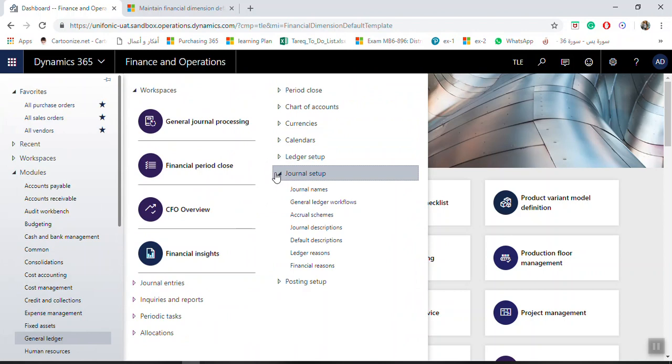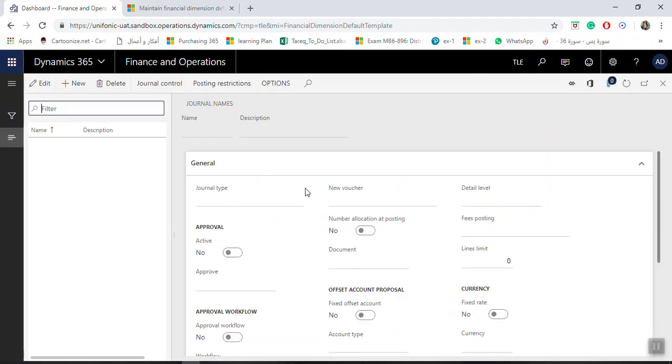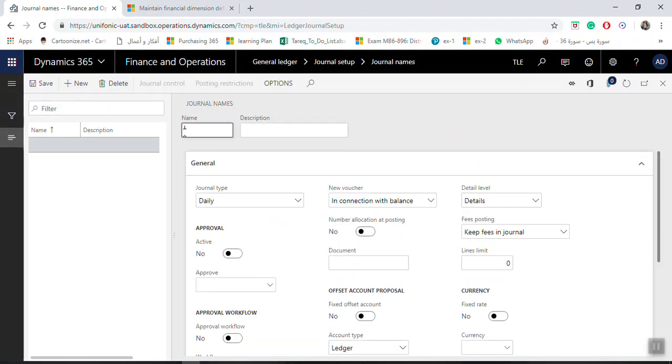modules, journal setup, journal names. Here you click new to create the journal names. For example, I will create this one, general journal, like this. This is the code. Here is the description. It will be general